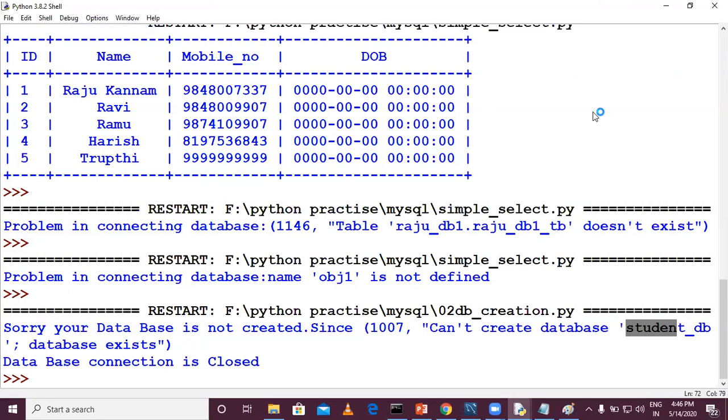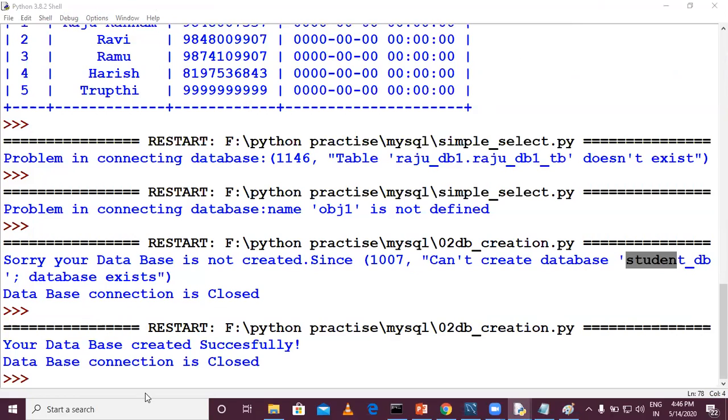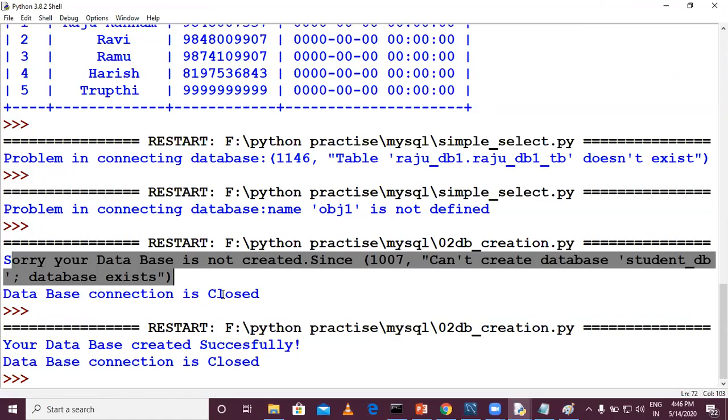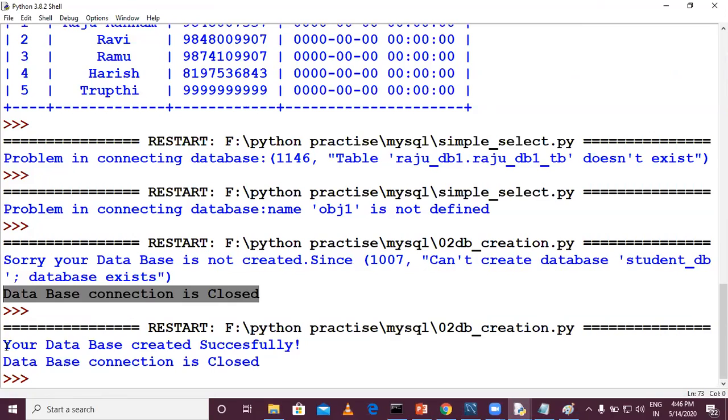The database will be created successfully. Your database created successfully. Database connection is closed. See here, previously the database was not created successfully, but the connection was closed. And now the database is created successfully and closed.